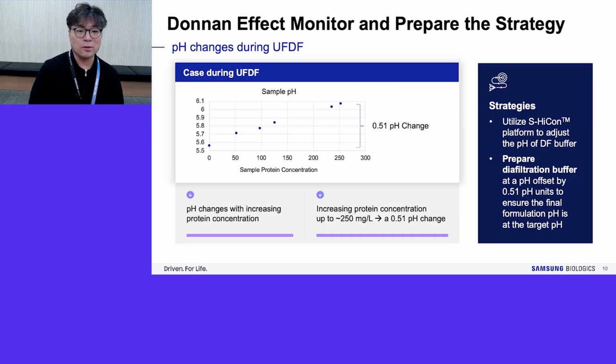This case is a monoclonal antibody case, and the target concentration was 210 mg per ml. But to get manufacturability, we concentrated that to 266 mg per ml. At 266 mg per ml, the molecule's pH condition was shifted by 0.1. We confirmed this during the gate check step. So we could prepare the offset buffer, and finally, we met the optimal pH condition using the offset buffer.